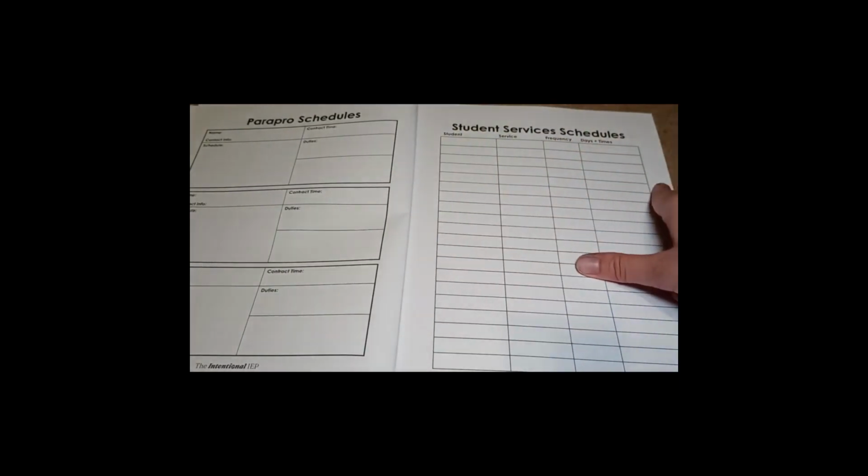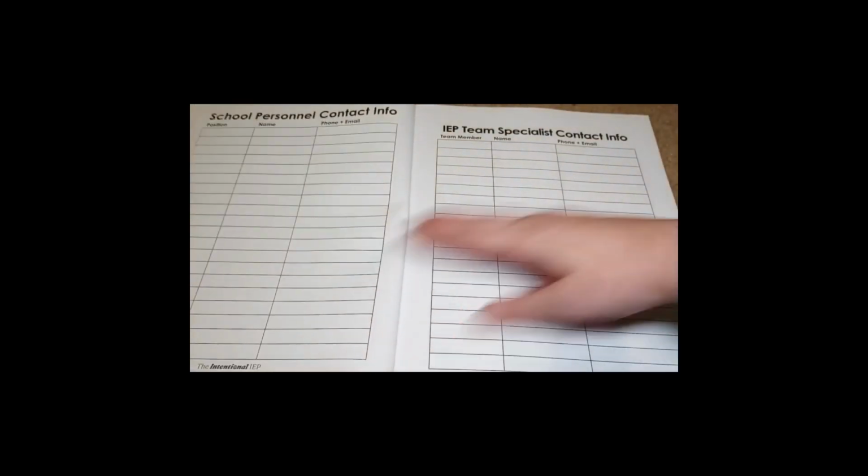Again, I make my own schedule, and it's in table form, Monday, Tuesday, Wednesday, Thursday, Friday, and it goes through the day, and it's color coded. And it's very detailed, so I wouldn't need this page for that, but it is another spot to put that information in